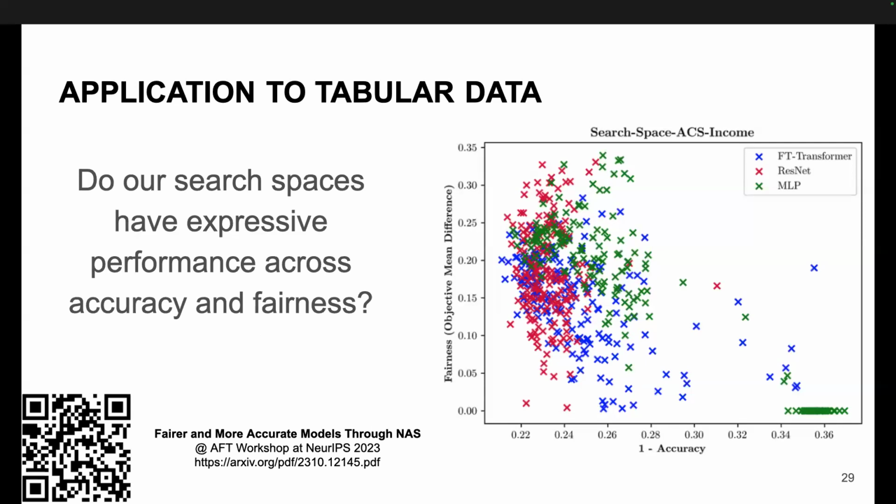And so that sort of led us, this is akin to what I was talking about at the beginning, where we're seeing that there's a lot of room here for an expressive search space for these different fairness metrics and data sets. This specific one is on the ACS data set anyway. And when we look at the results, so we set up the search space, we run the same paradigm that Rhea was talking about.